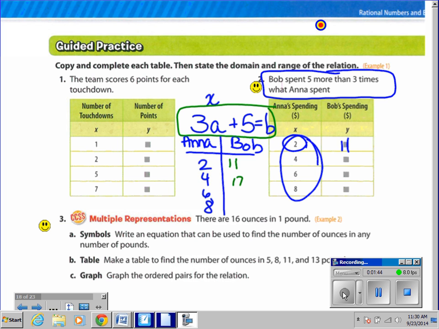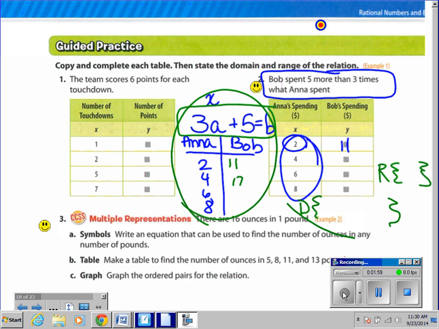After you're done with that, then you need to write your domain. And then you need to write your range. Okay? So you're going to list that. So you're going to have a chart for your first 4. You're going to have your domain, and you're going to have your range. So make sure you have all of those included. Then, very quickly,